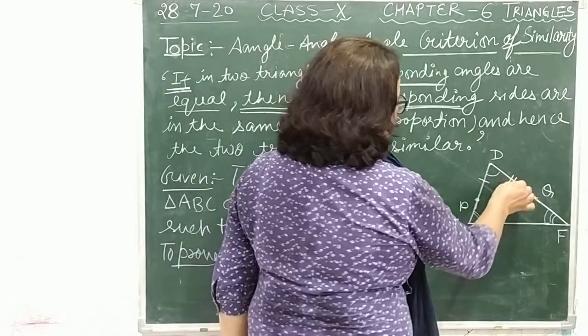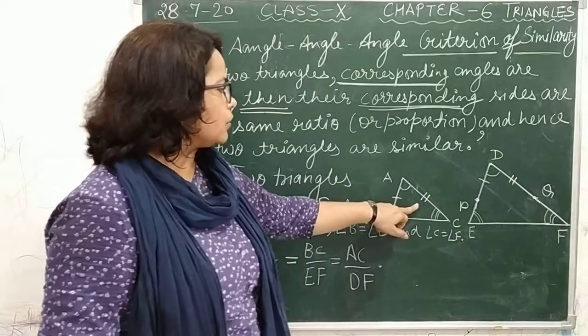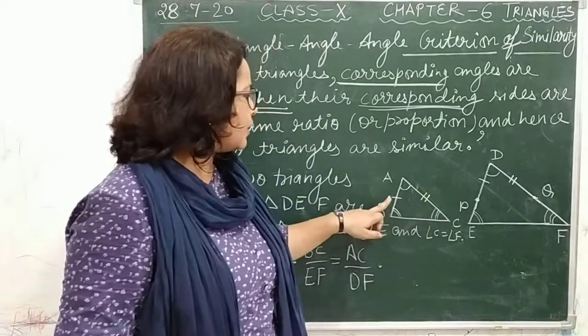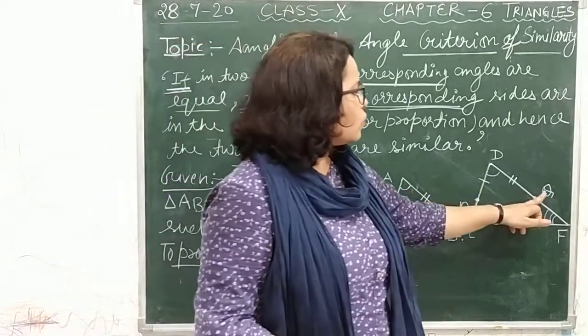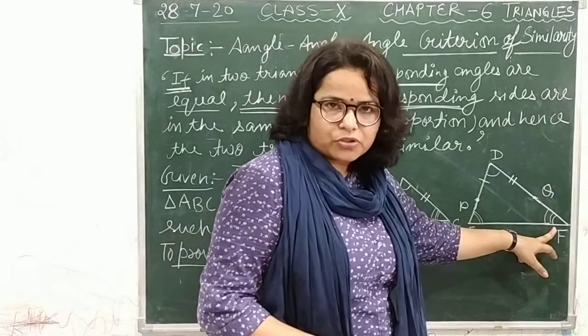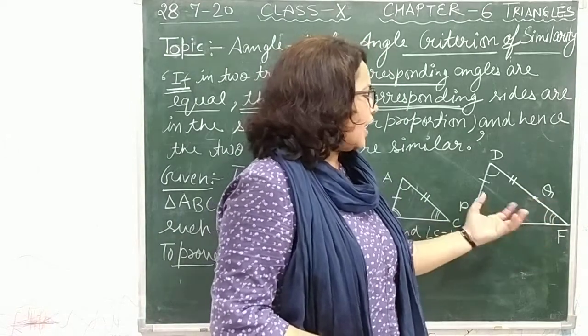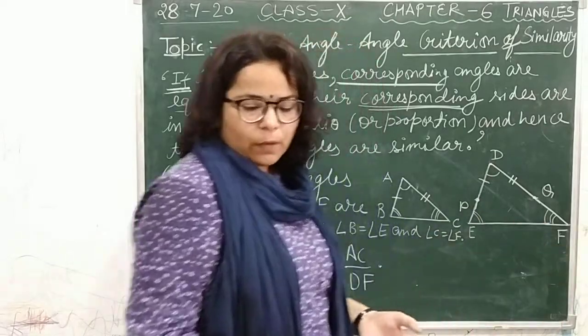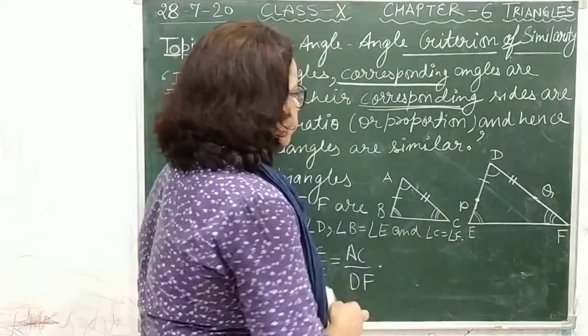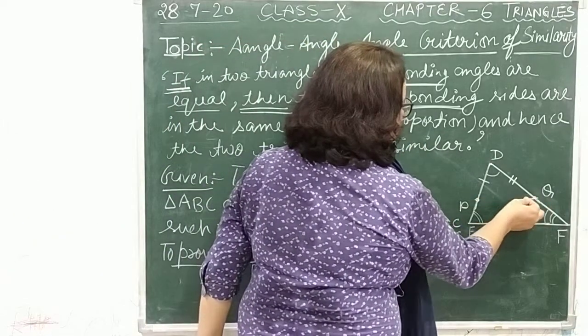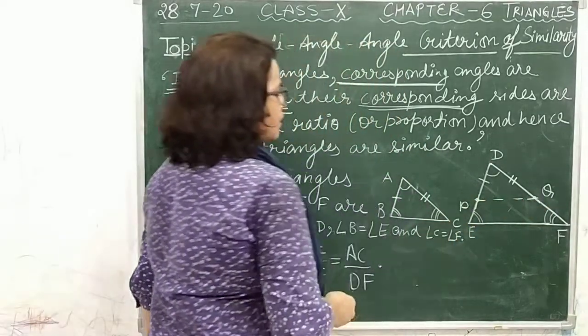and DQ are equal. So this double mark shows that these two are equal, and this single mark shows that these two are equal. You can take this point Q on this side also, it is your choice. But as far as the visibility of the figure is concerned, that's why I have taken the point Q on DF. And let us join PQ. So this is our construction.